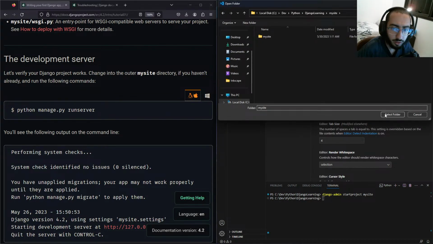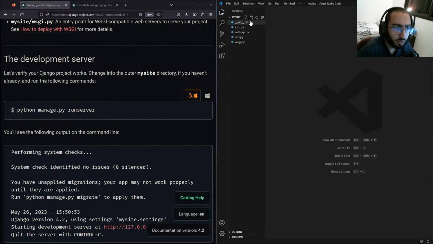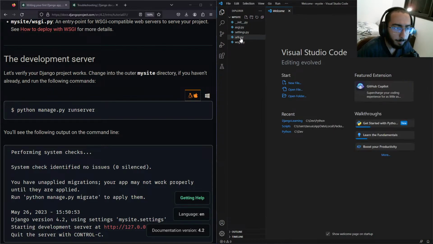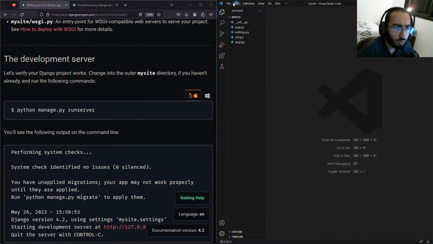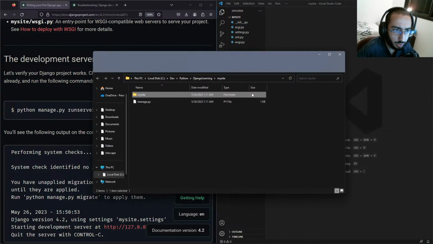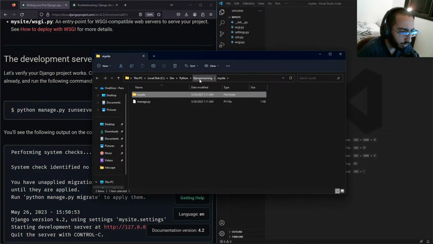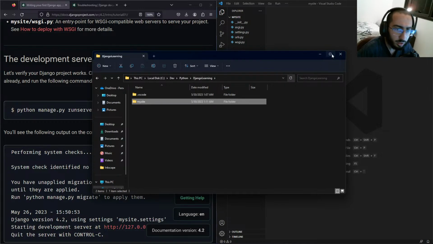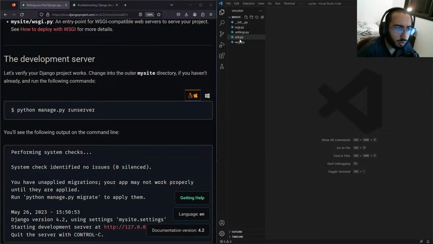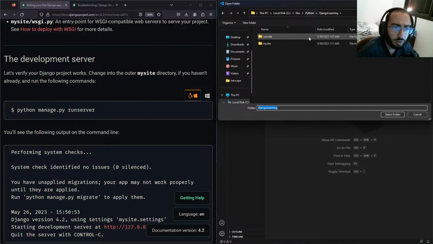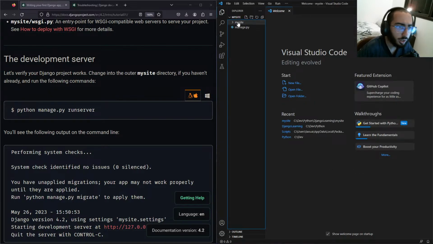Django learning mysite. Let's go, select folder, I guess. Select folder. Let's go. And we'll have just where we are now. Django learning mysite. Actually, I should probably, yeah, hold on a second. There you go. Okay, so this is the right thing. Okay, cool. So now